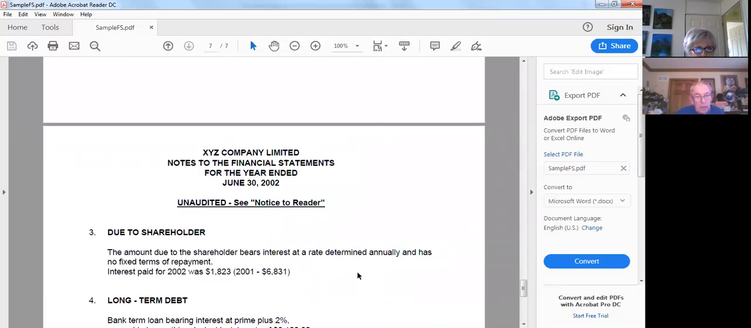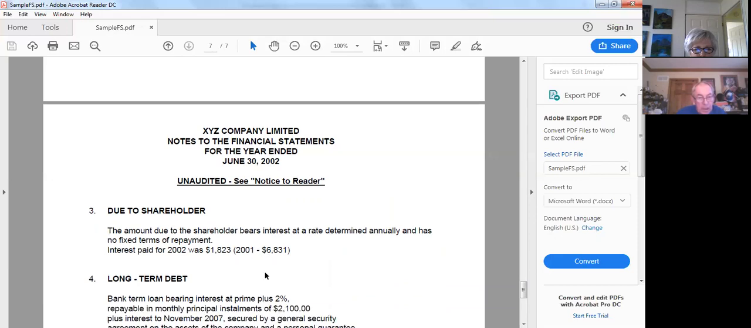Now, we saw the note that I borrowed money from a shareholder. This says the amount due to the shareholder bears interest at a rate determined annually and has no fixed terms of repayment. That means I pay off the interest and I don't have a fixed date that I have to have the loan repaid. It does also say, though, that the interest paid was this much. That means that I paid $18.23 this particular year, and I paid $68.31 the prior year. So I don't have to pay any particular amount of the principal, but I do have to pay the interest